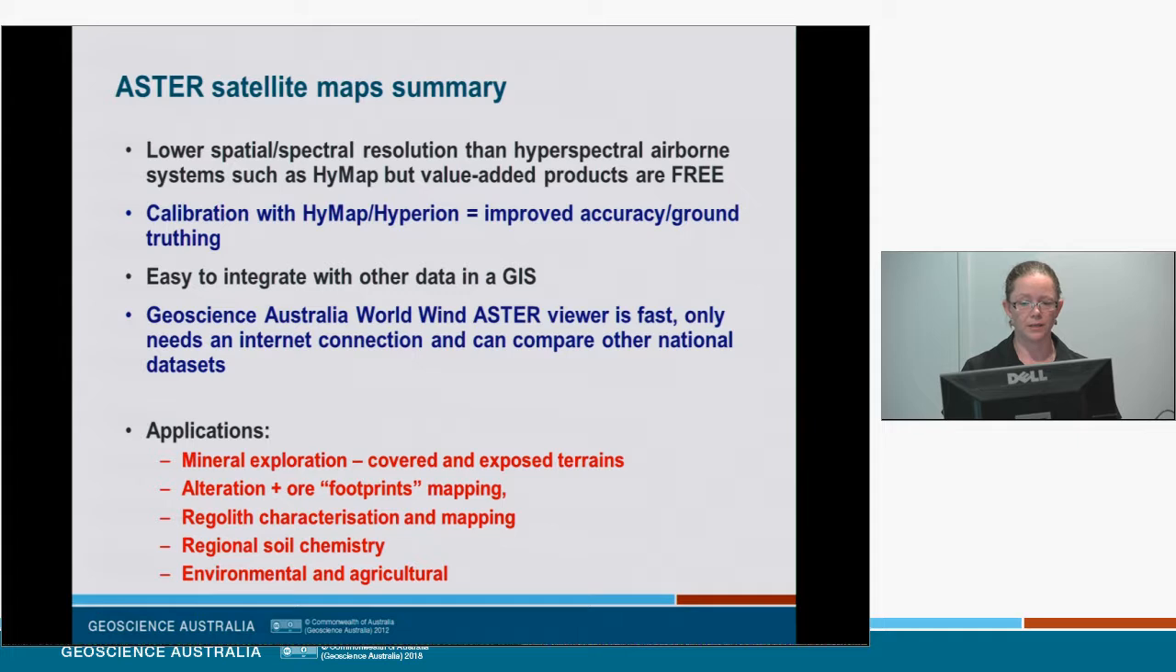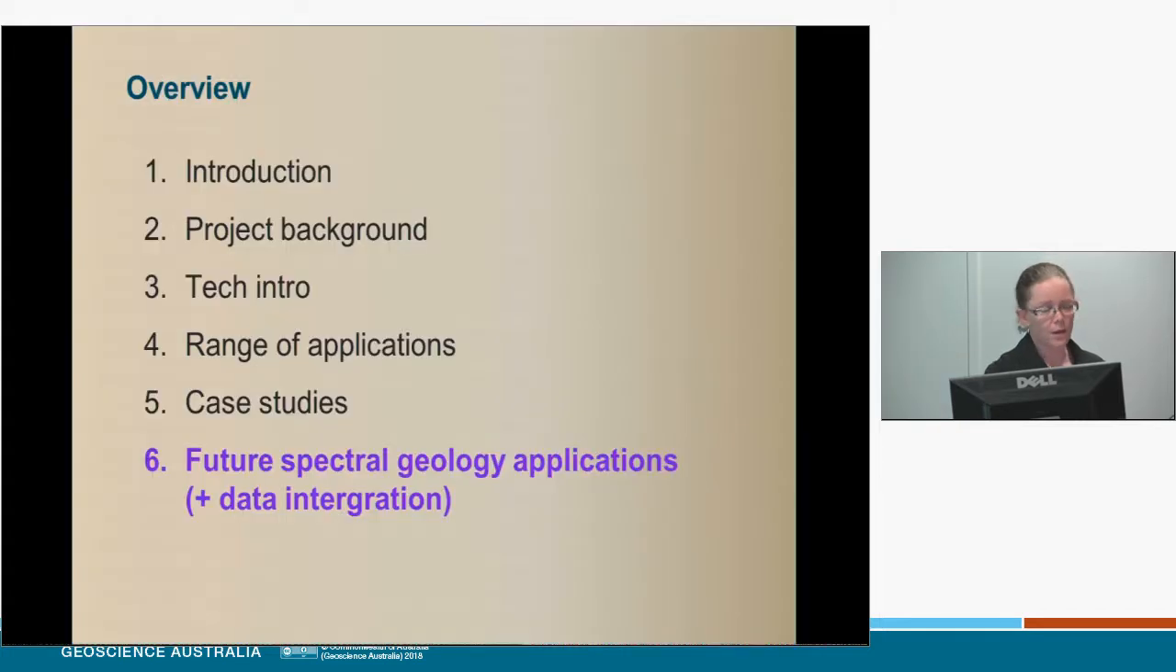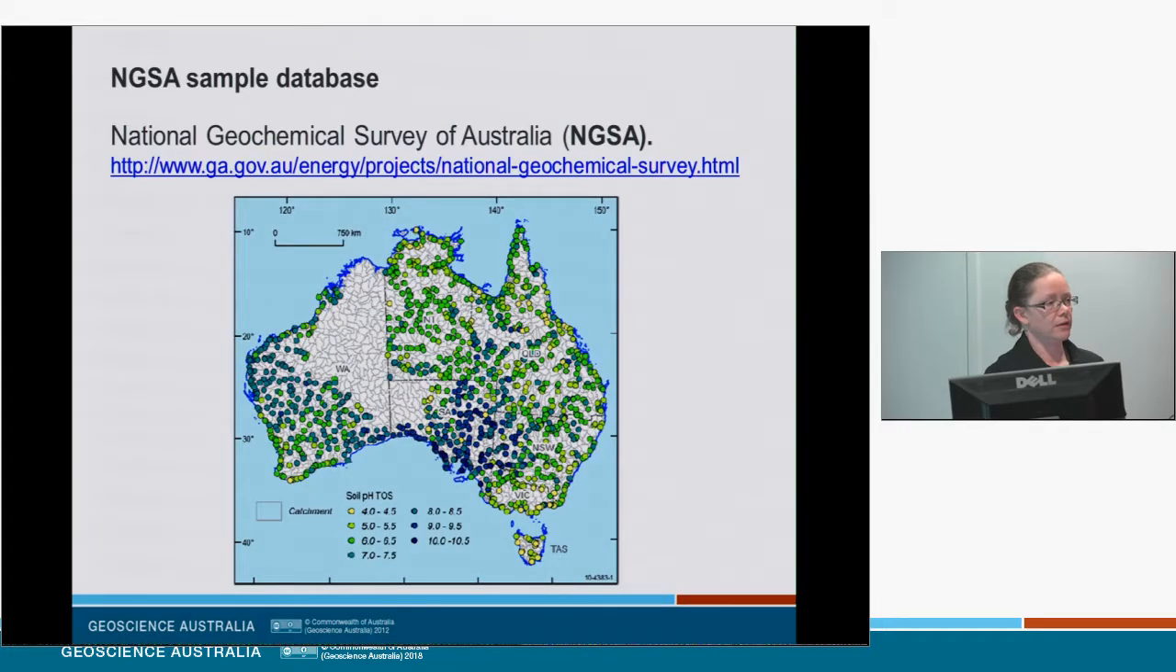It's been incredibly popular. So I've gone through a few of the applications, so certainly mineral exploration, both covered and exposed terrains. It's great for alteration mapping and your regolith characterisation and mapping. I think there are a lot of applications for regional soil chemistry, and I'll talk a bit more about that later, and of course environmental and agricultural applications as well. But I'll go into a bit about the future of spectral geological applications, some other instruments, and a bit about data integration. Well, one of the projects GA is looking to do soon, another collaborative project with CSIRO, and that's